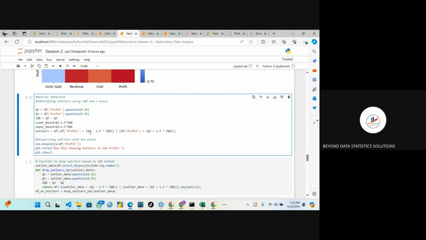So we are comparing the lower bound and the values in the column profit, and also comparing the upper bound and the values in the profit. If the values in the profit are less than the lower bound, or greater than the upper bound,